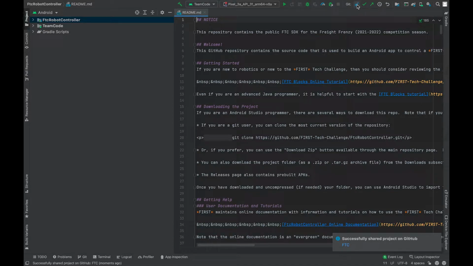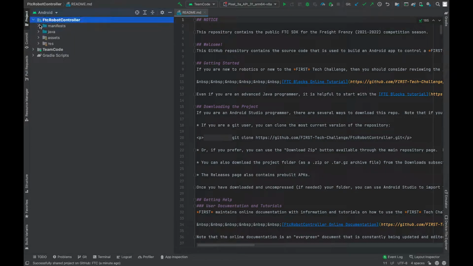So let's go to the top here where you see 3 arrows. You have an update project, a commit, and a push. So let's leave update project to the side for now and talk about commit and push. A commit is basically saying or verifying a change has been made to your project. So if you were to make a change and you want to verify that this change has been made, you would commit the change. A push is simply just uploading the commit, which just uploads the change to the main